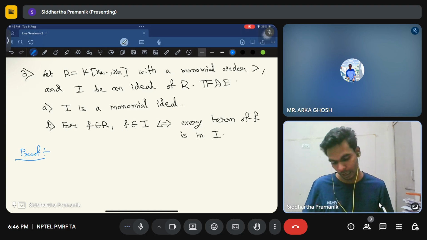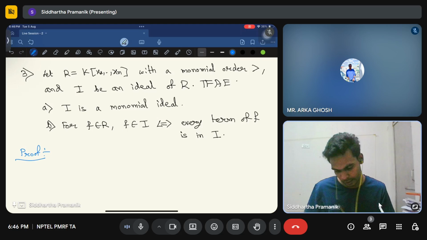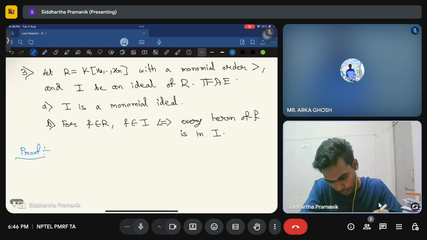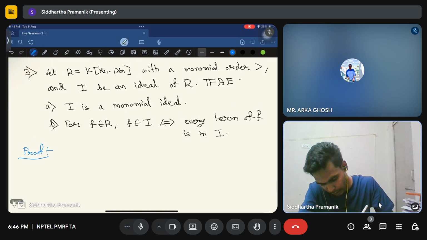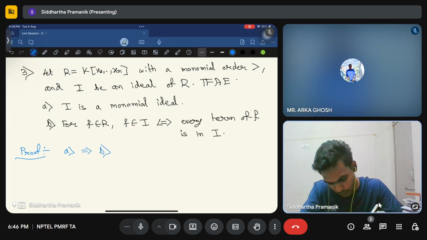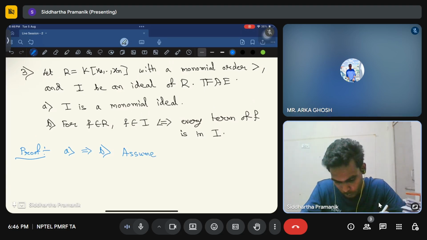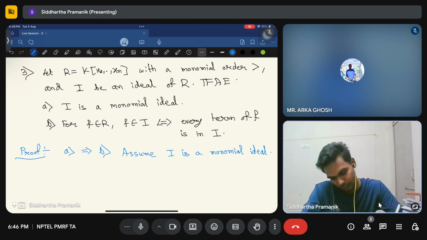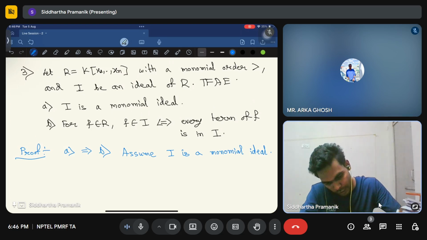So as usual, one side is easy. So let's see which one is easy. So let's try with A implies B. So assume that I is a monomial ideal. And also let